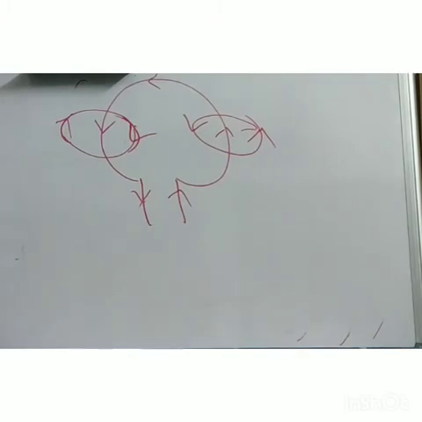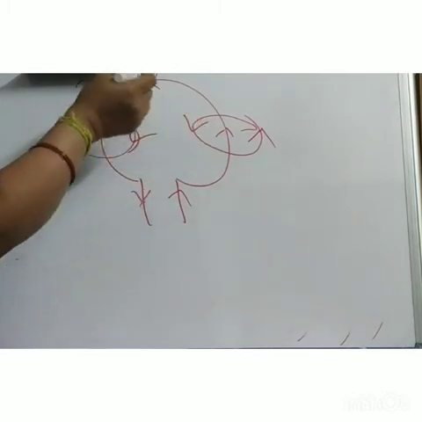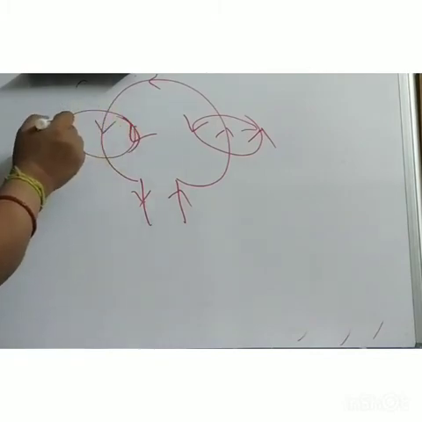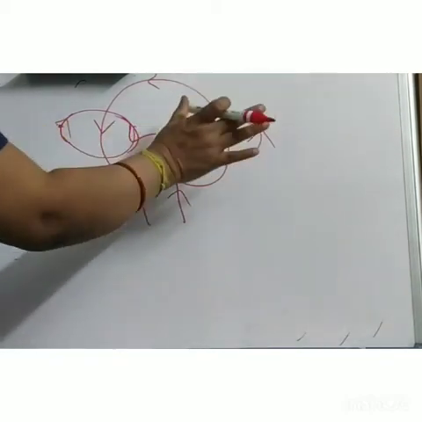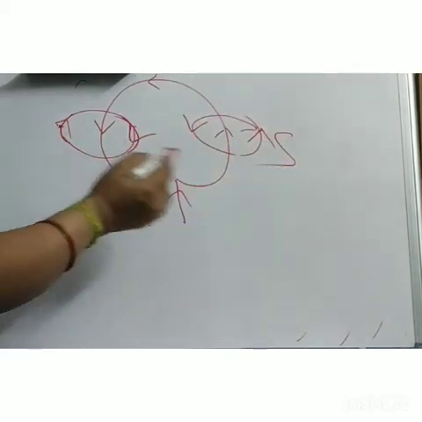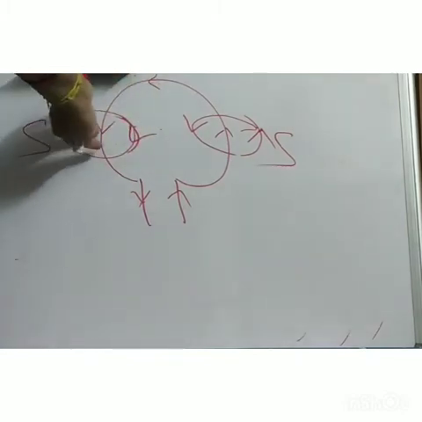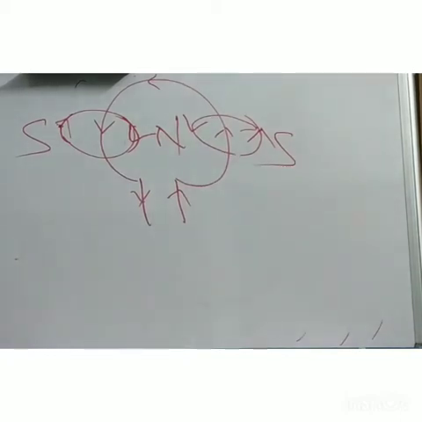Now apply this method at each point of your loop, and you will observe at the outside of the coil, what can you visualize? It is going in. That means south pole. Entering inside, south pole. And what about here? Inside the coil, it is coming out. That means north pole. When the field lines feel like coming out, originating, that is your north pole. And outside of the loop is south pole.